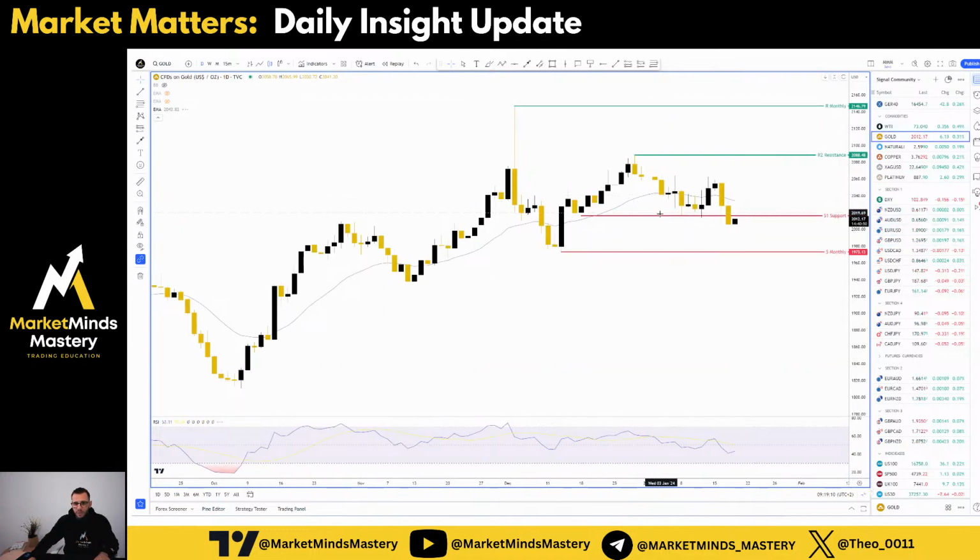let's check the gold. The price on the gold, here it is. The price on the gold yesterday clearly created a new low, traded below this low here. So this is the S1 support, and then we do expect, if the price stays below this support, to reach this $1,973 mark. And